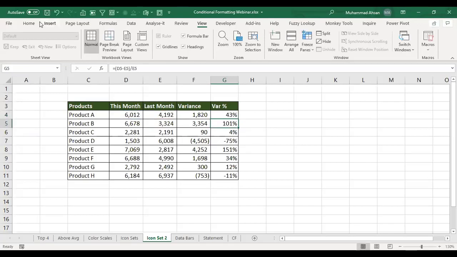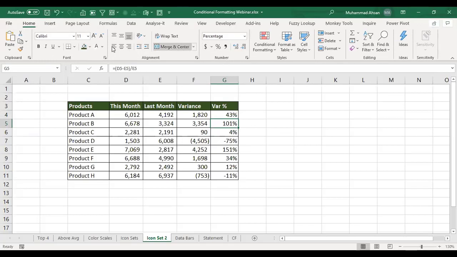Once you apply it, make sure that you have also corrected the percentages by going to the home tab and clicking on the percent sign, right? Now here we will be applying icon sets, and I will give you one more handy trick to handle that kind of icon sets easily with respect to positive and negative numbers. Whenever we calculate a variance, either from actual versus budget, actual versus forecast, or current month minus previous month, the variance comes in either positive or negative. There is very little chance of it being exactly zero, but it comes in either positive or negative, right?